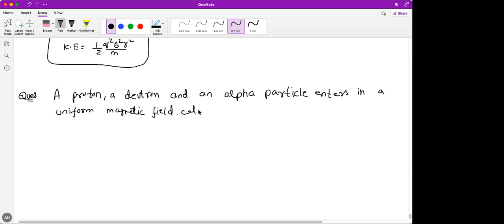Calculate ratio of their radii, time period, and frequency